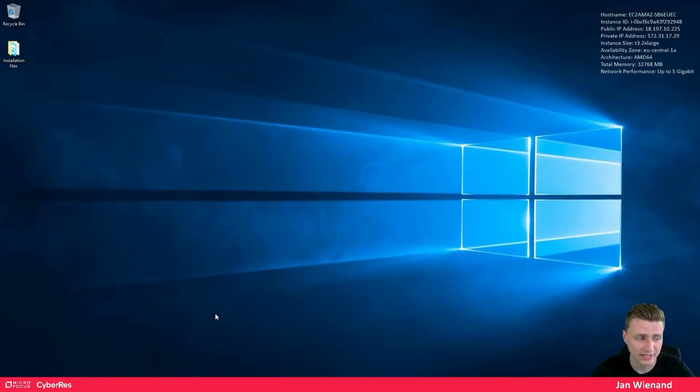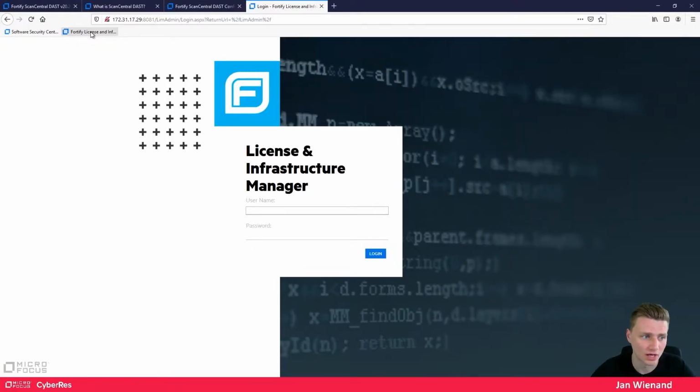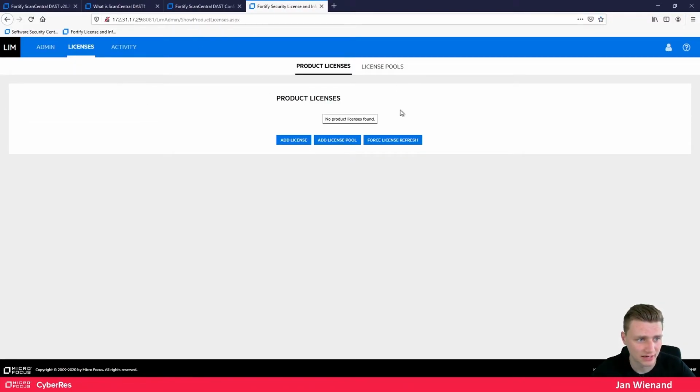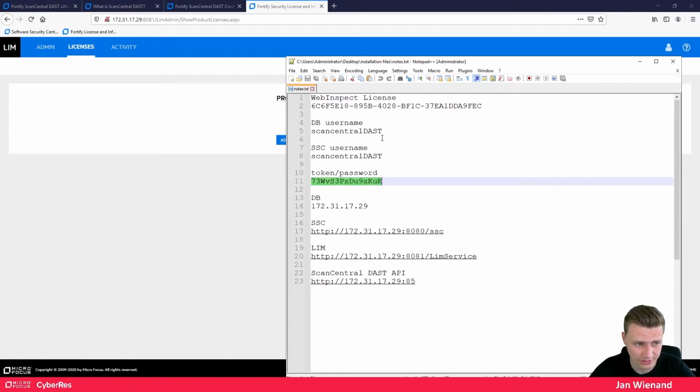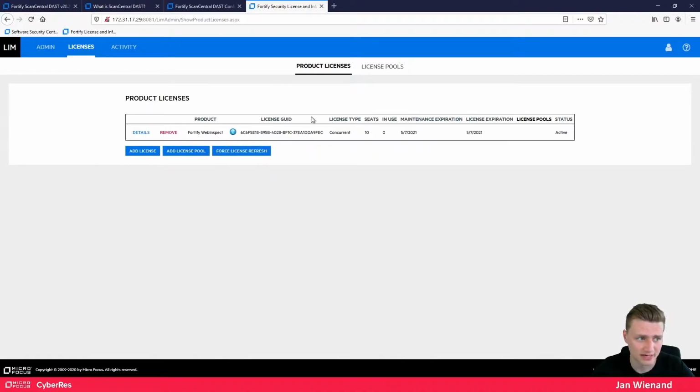The next thing that we need to prepare is the license. As I mentioned in the beginning, I already run the License and Infrastructure Manager, but I did not set up any kind of license yet. So I will log into the LIM server, click on licenses, and here we go. There are no licenses, so I will put in a temporary test license in here. Click on add license, enter the activation token, just a simple description here, click on OK, and everything works fine. So this license key is for 10